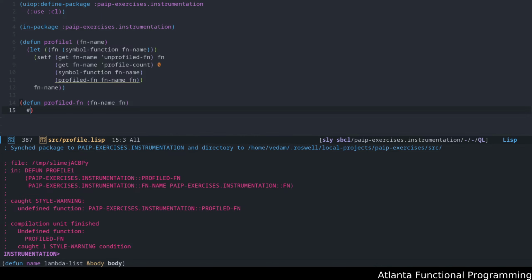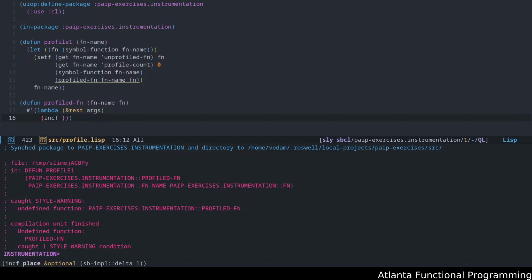Remember now, lambdas are basically generic functions that have the same lambda list as your typical defun. So it's going to take all the args that are going to be passed into the function, and before it does anything, it's first going to increment the counter when it gets called.